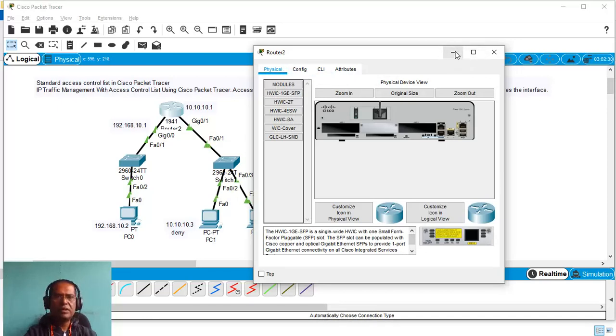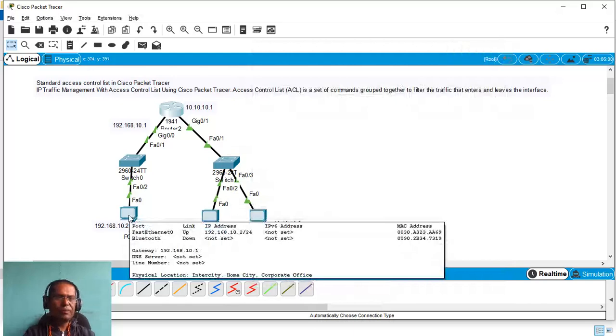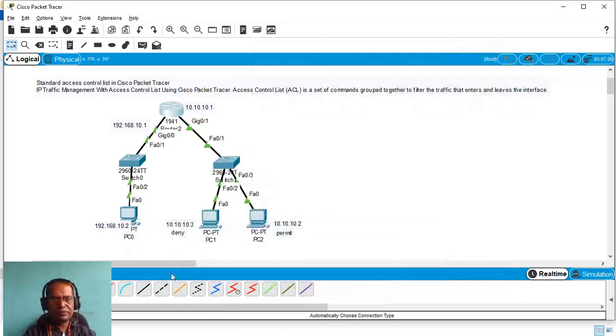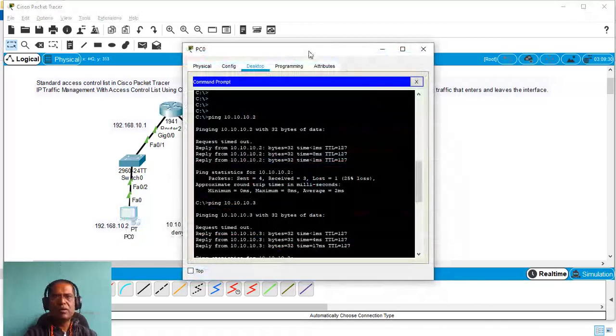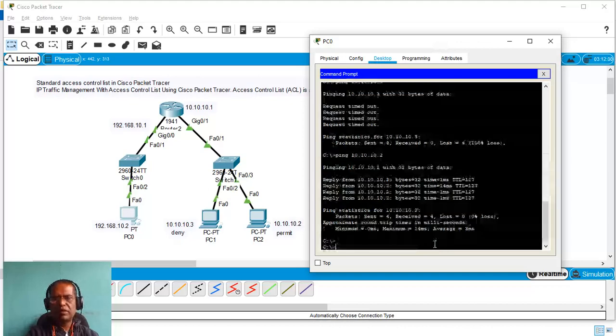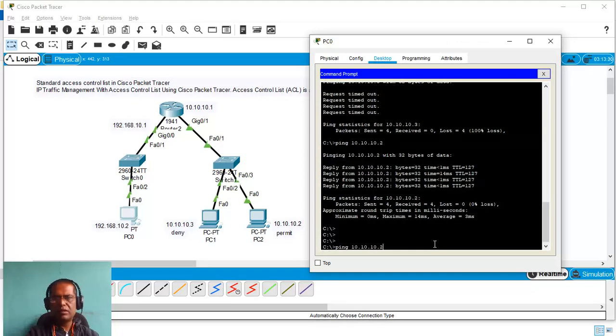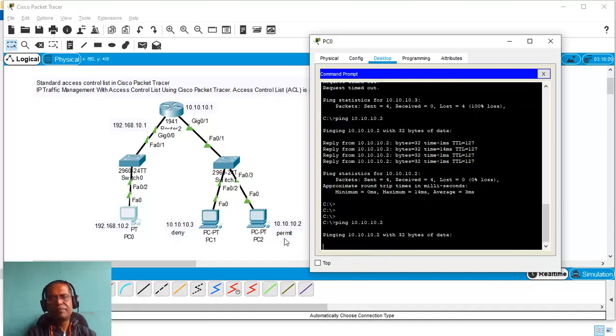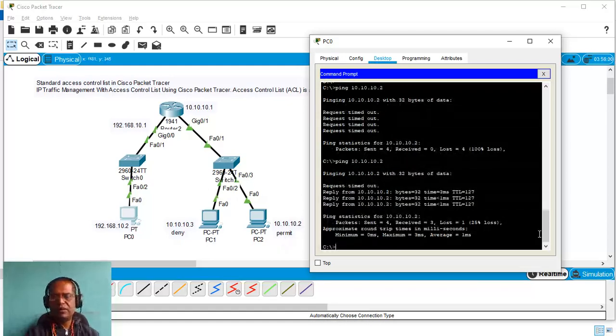Let us check the communication between the devices. Let me go to the PC 10.2 and then try to ping 10.2.